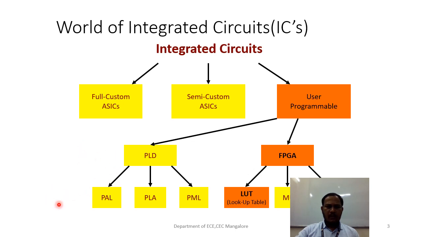In that you have programmable array logic, programmable logic array, and programmable mux logic. Then in FPGA you have lookup table based, mux based and gate based design, in the field programmable gate array category. So we'll see what is full custom, what is semi custom, and what is user programmable